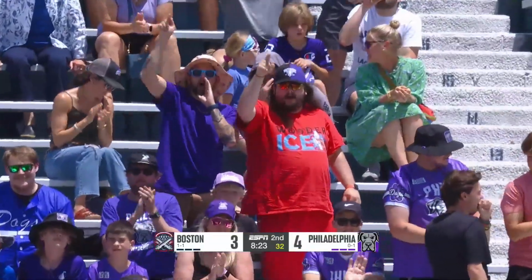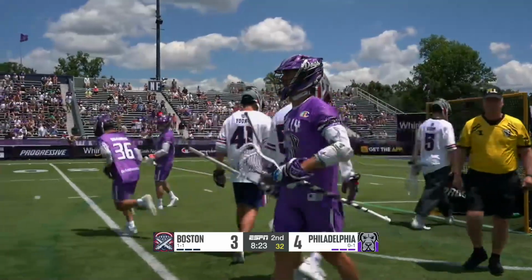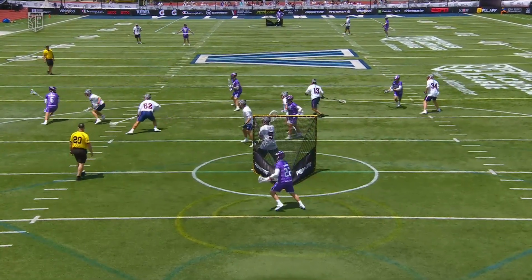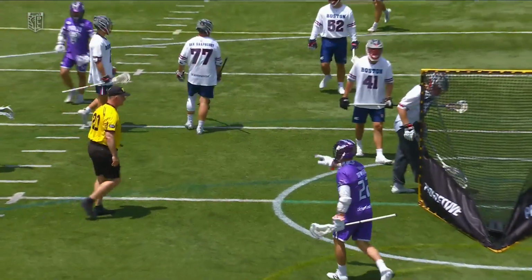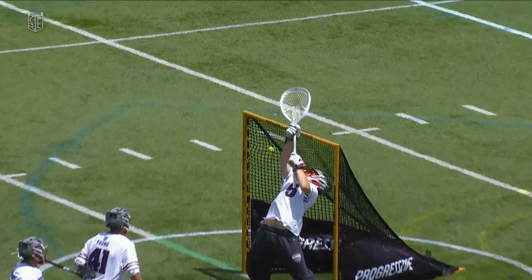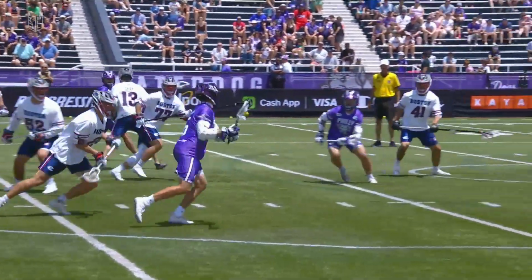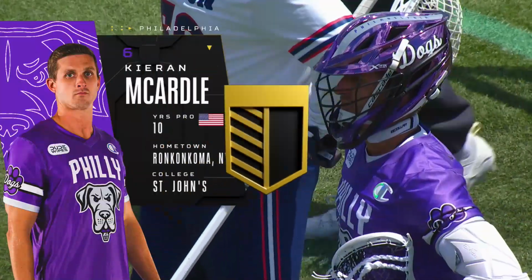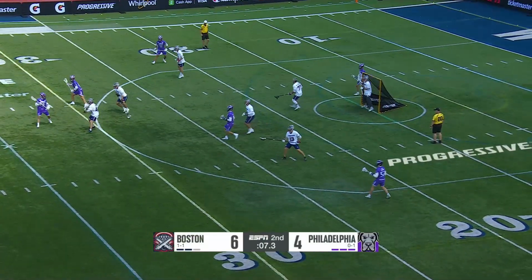McArdle's patience on this dodge is really what impresses me most. He gets the matchup he wants and just kind of goes back and forth. That little pump fake kind of freezes the defense off ball, enabling him enough airspace to then get to his spot and unleash one high. The shot has a little bit of deception on it. You see Kirst's stick just hiccups just a tad down low. He's thinking right hand, overhand, and that McArdle's...